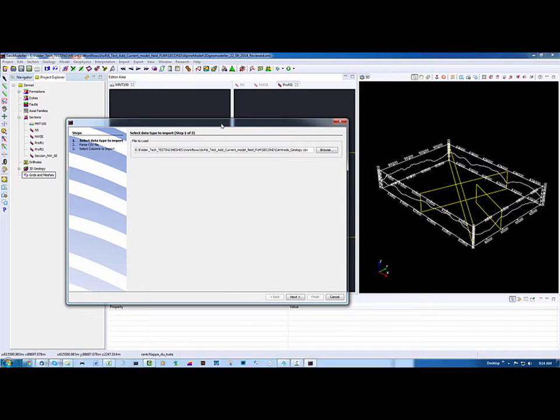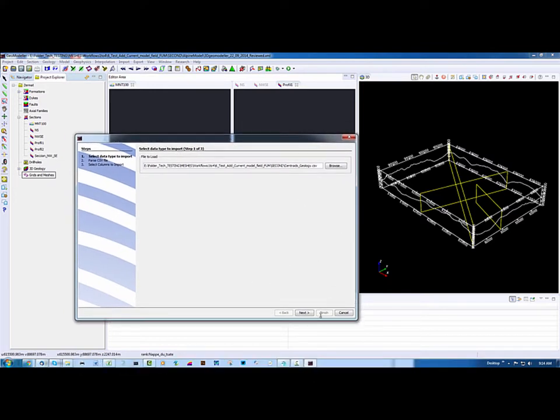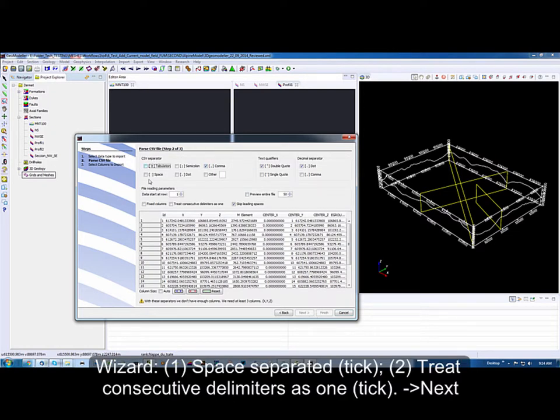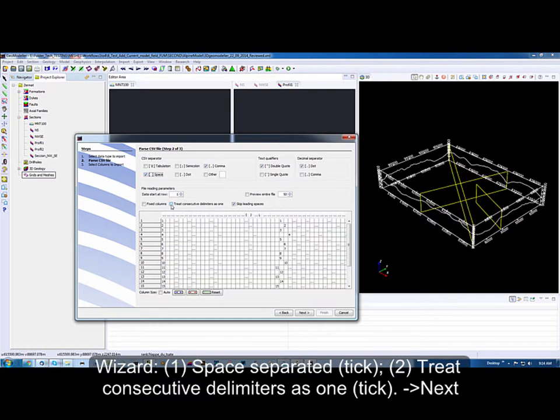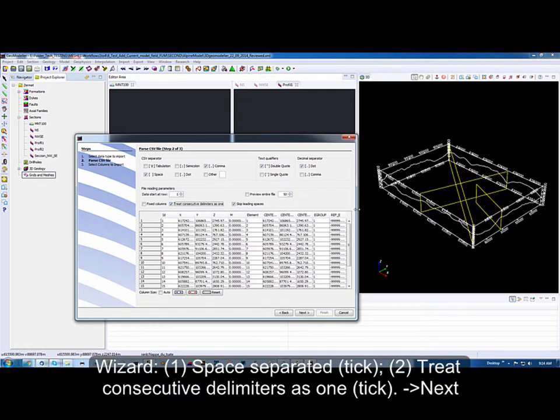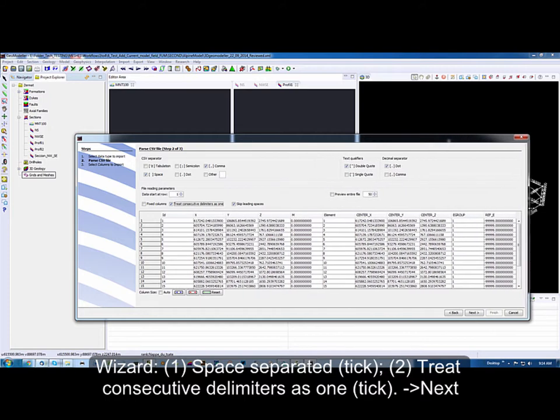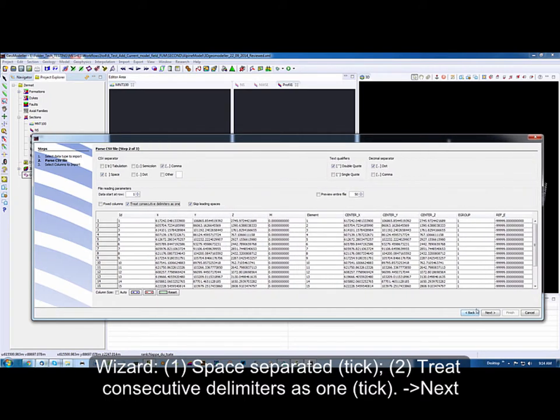Opening the points will cause a wizard to operate. We need to click for space separated and to treat consecutive delimiters as one. It parses correctly